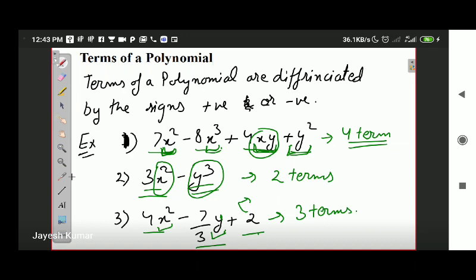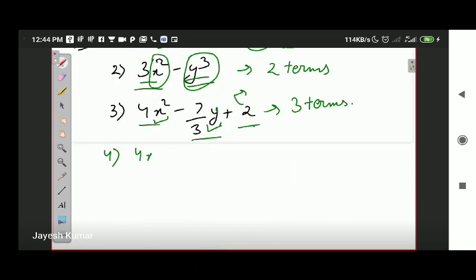Okay, let me elaborate more. Suppose I had a question 4x square minus 4x plus 6x minus 6x square, and the question wanted to ask us the number of terms. On the first glance I can easily determine there are 4 different terms, but that is not the case here. Why? Because there are 2 terms of x to the power 1 and again 2 terms of x to the power 2.